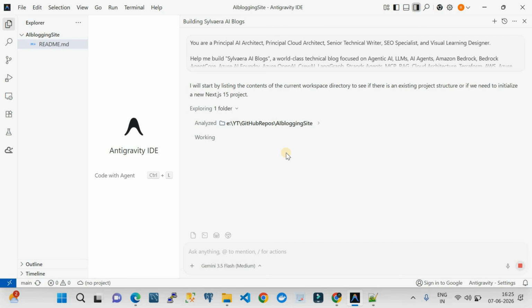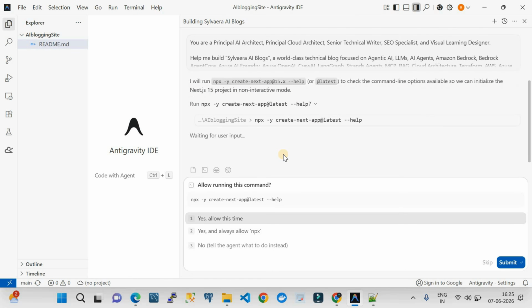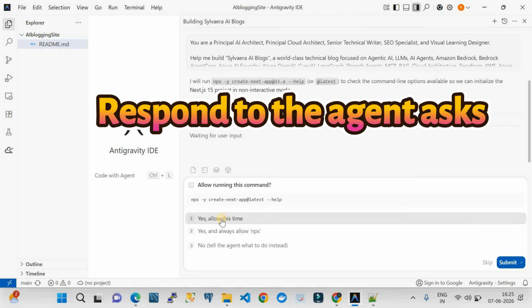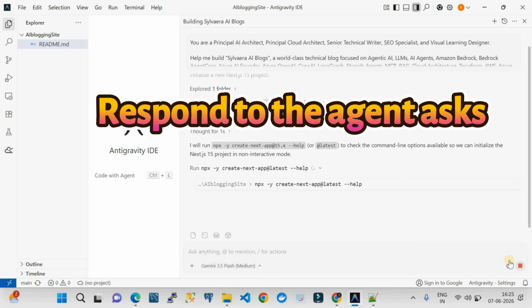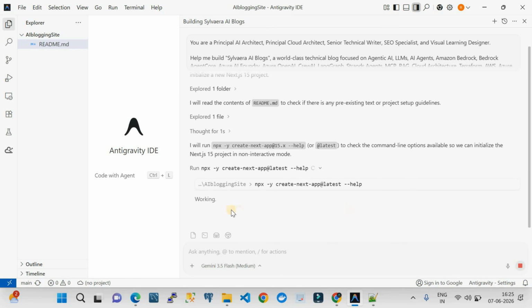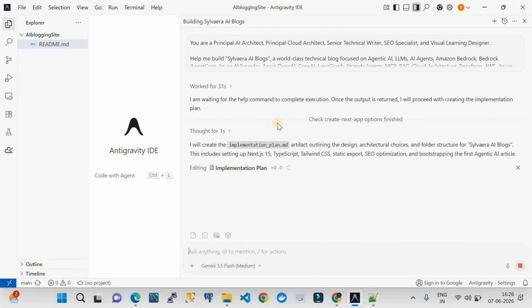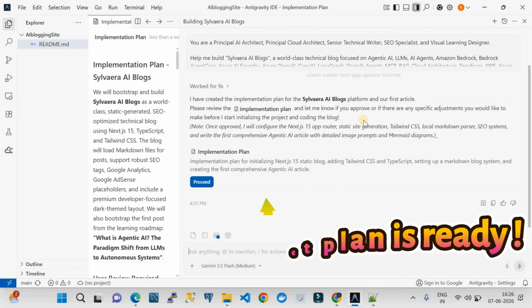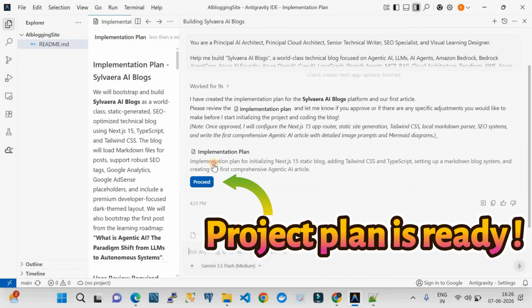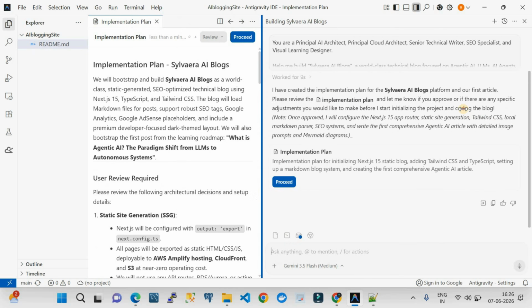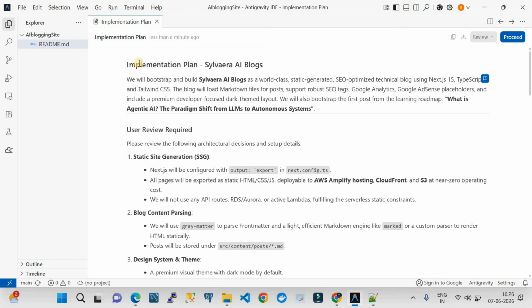Once we enter that, this is how the Antigravity agent starts to build for us. It's basically an interactive session, in the sense that the agent will keep asking you certain queries. It will ask you for certain permissions and try to help you with the options that are available. And finally, it will present a very sophisticated plan for the project. That is something you can see here. The implementation plan is a draft of what the AI agent is going to build for us